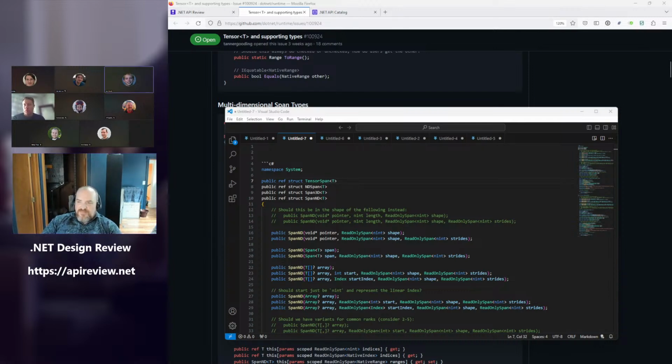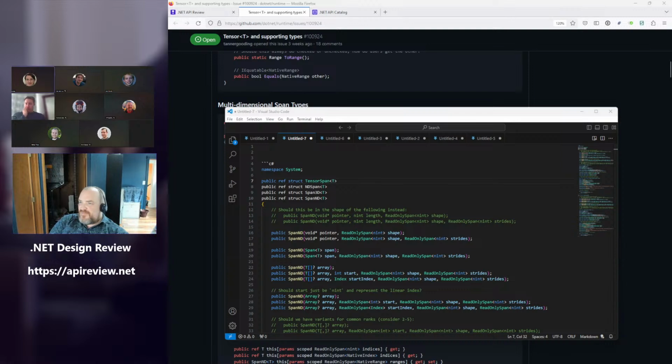And calling it tensor slice. Like, if we didn't put it in the System namespace, but instead put it wherever Tensor goes and called it a tensor slice, that would tie it more to tensor, and it wouldn't feel like people should use this outside of tensor. Right, but people are going to use it outside of tensor. It's the main interchange type people will use for multidimensional data. And slicing has other connotations around tensors, right? And so that might cause problems as well.